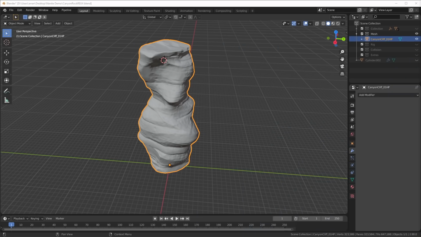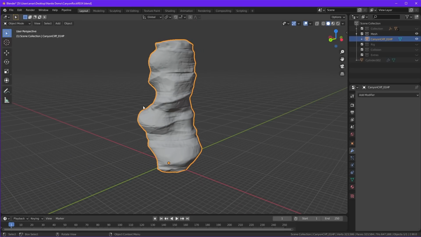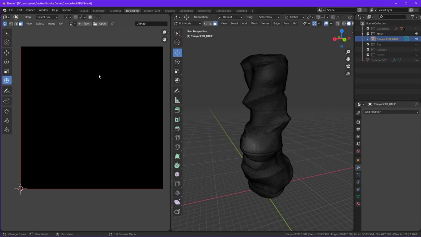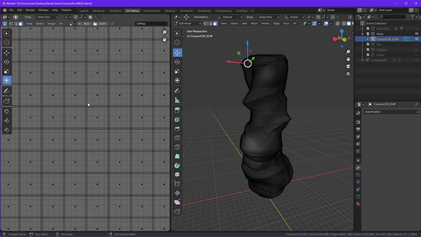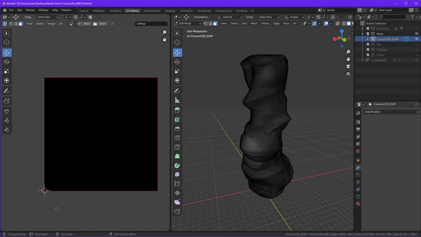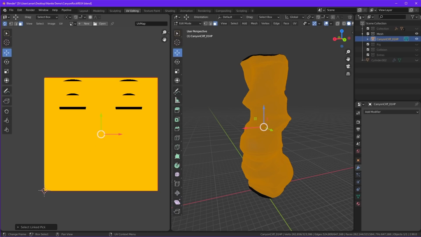One of the harder parts of building game assets at this higher resolution is UV mapping. Normally this isn't a particularly painful process, but when you're working with such high definition meshes, this can become really difficult. Here I have an asset that is 650,000 triangles, and even just previewing what the unwrap on this is going to look like is really difficult. I have to actually zoom in really far just to see what the actual triangles or quads that I'm working with look like. And even if that wasn't a problem, just moving these elements around is really difficult, let alone unwrapping.